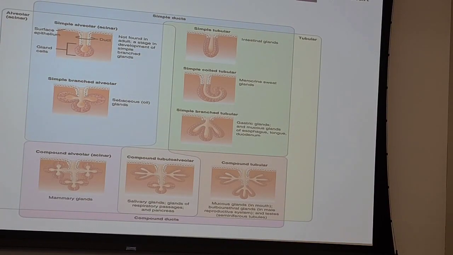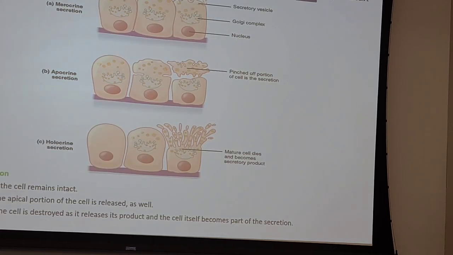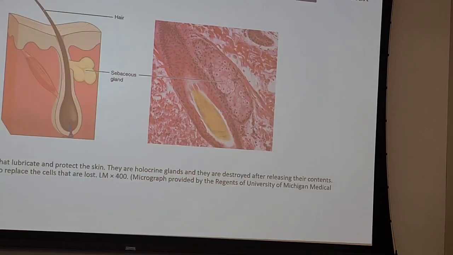This is glandular, which is exocrine or endocrine gland. They have different shapes. We will not really discuss the shape, but we know ET also has the function to produce sweat or hormone. What is the glandular function? This is the different types of excretion, the release of the product. Maybe it's released from the cell, or part of the cell is released with the product, or the cell will die and release the product. So merocrine, apocrine, holocrine. Those are the different types of gland.